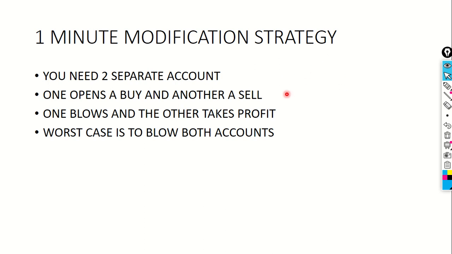You should calculate your lot size and your margin properly, using your leverage. So the account should blow at around 10 pips. 10 pips should be your blowing value. You use a position size calculator so that you can blow your account at 10 pips. So the worst case that might happen is for you to get smoked in both accounts with some fast moves. It will happen from time to time. I saw that and I know it, but it's not worth worrying about.